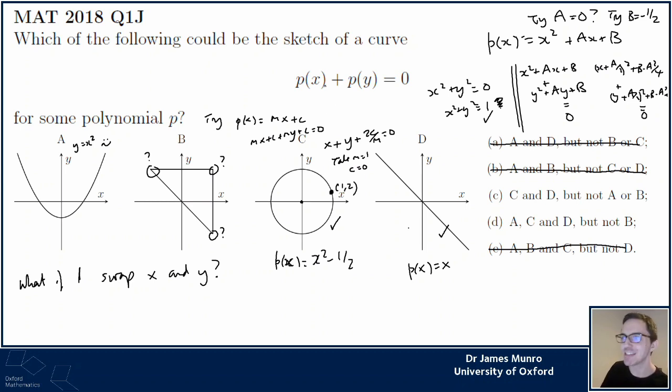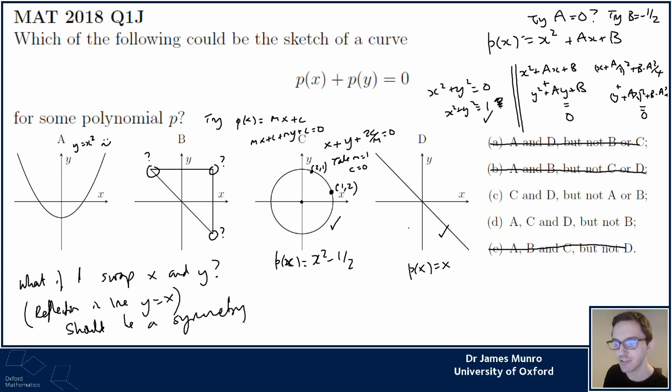I said it was radius 1 earlier, but never mind. If this is 1, 2, then I'd be claiming that p of 1 plus p of 2 equals 0. But if p of 1 plus p of 2 is 0, then also p of 2 plus p of 1 is 0, obviously, you could swap these two terms around. So then 2, 1 would have to be on this curve as well. What I'm getting at here is that that's a reflection in the line y equals x. And starting with a point and doing this swap, I should get a new point on the curve. So this should be a symmetry